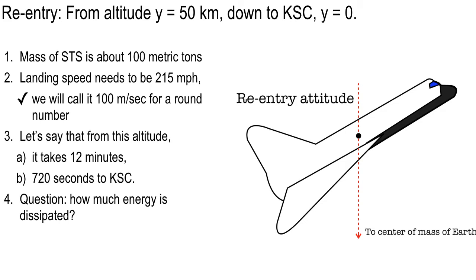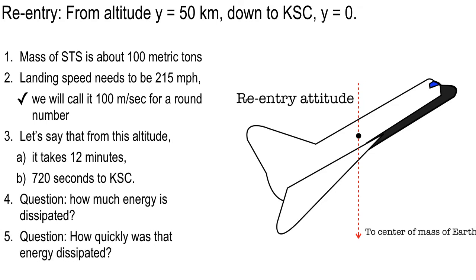We've got to have at least 100 meters per second worth of kinetic energy at Kennedy. And we have a huge number of total joules up there on orbit when we got that snapshot, Mach 9.1. That's really burning a lot of kinetic and potential energy up there. So we're going to try to calculate those numbers and see how much is dissipated and how quickly. So that's the second question. How quickly is that energy dissipated?